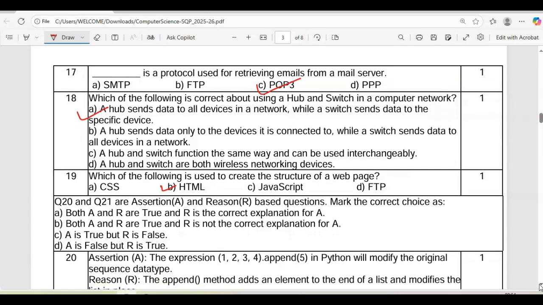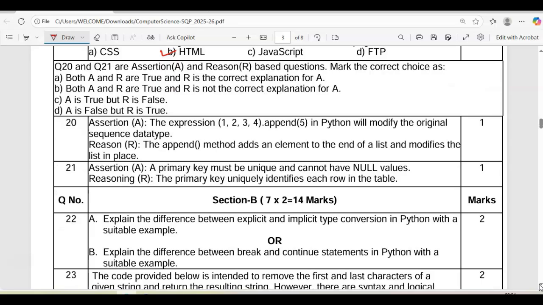Next we have an assertion-reason question. Assertion: the expression (1, 2, 3, 4), given in parentheses, is a tuple. Tuple dot append, but there is no append function in a tuple, right? Append is a function that is part of a list, not of a tuple. So the statement that it will modify the original sequence data type in Python is false.